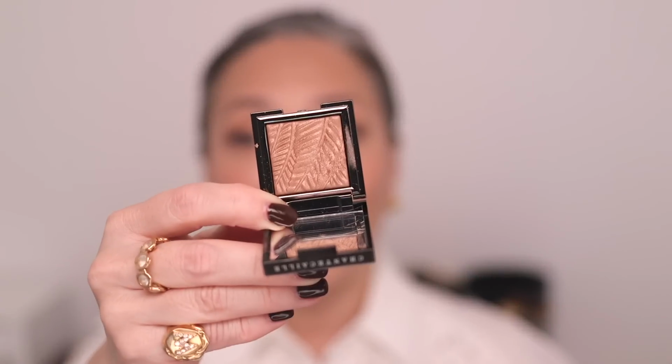Talk about a total swing in the opposite direction. These singles from Chantecaille, part of their fall collection, I love. The one shade that I've been going for a lot is Roan. I think you guys corrected me on my pronunciation. I was calling it Rowan, and you're like, no, it's just Roan. So this Roan shade I do have on